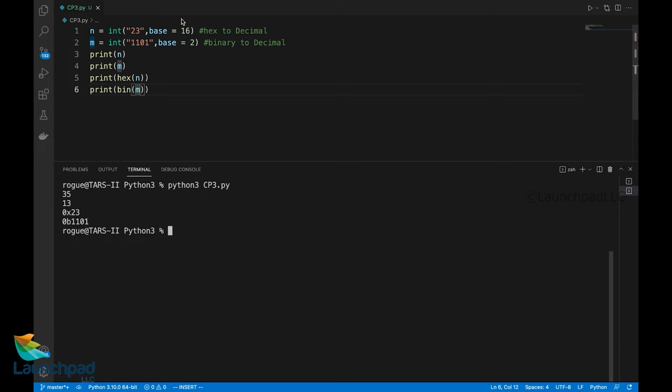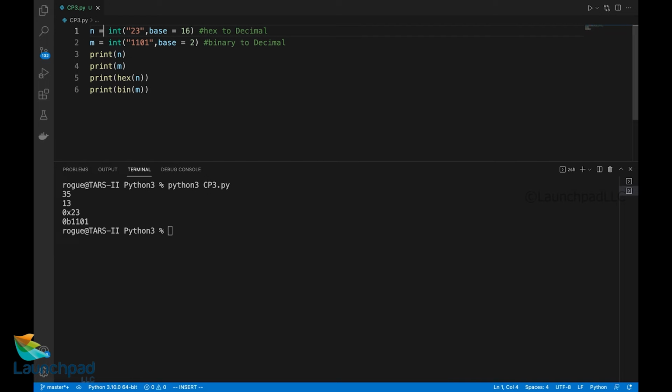That translates my decimal values of 35 and 13 into the corresponding hexadecimal and binary values. You can see two characters appended in front, which are 0x and 0b, where 0x stands for hexadecimal and 0b stands for binary in short. We also have 0o, which stands for octal in short.